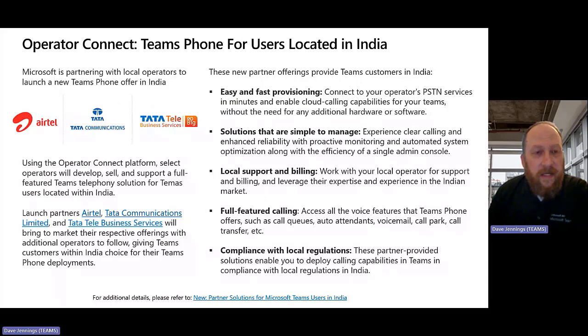The final element I'll touch on in summary for Operator Connect is also the recent capability we've brought about for users located within India. The key here is following that same Operator Connect model, we have 3 initial partners that we're working with directly, in terms of the offerings available for India specifically, again, along with support in those advanced service